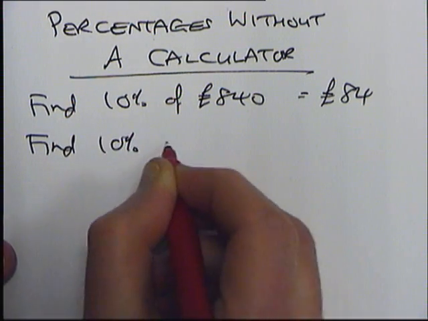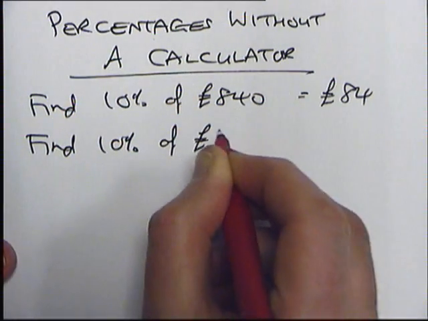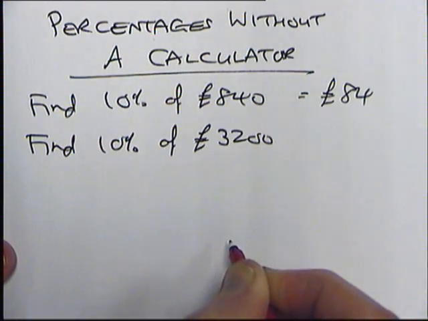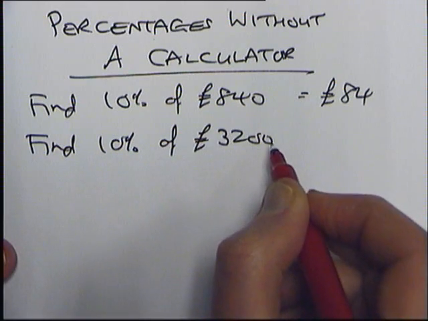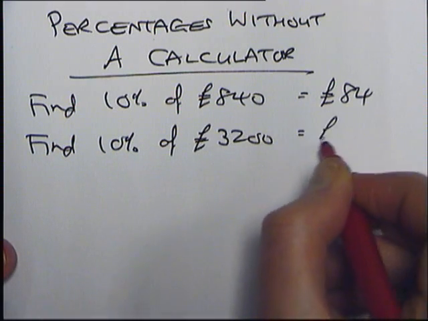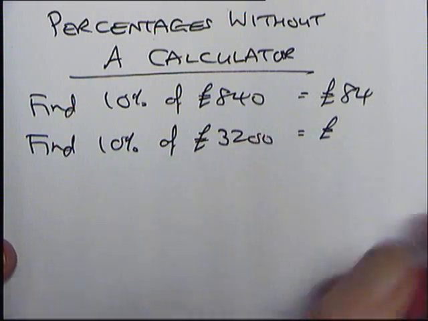If you had to find 10% of £3,200, again for 10%, if there's a naught on the end, you knock it off. So if you knock one naught off, you're left with